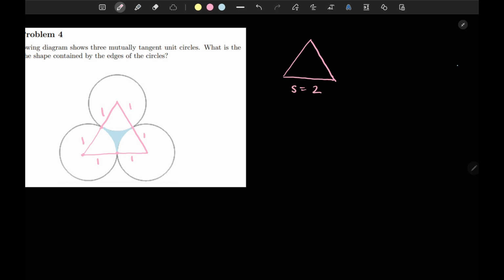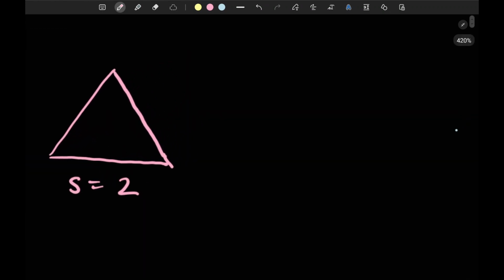Side length equals 2. Now, you might be asking, why did I create this triangle? Why did I point out the importance of this triangle? How does it relate to actually answering the problem? Well, let's zoom in a little bit on the triangle that we have and think about breaking it down into parts. So we have the triangle, and it's equal to